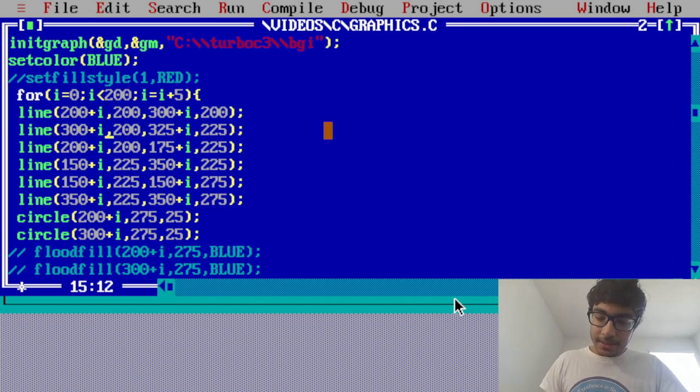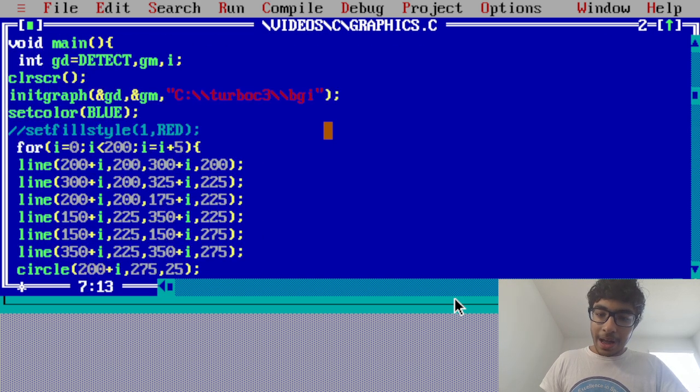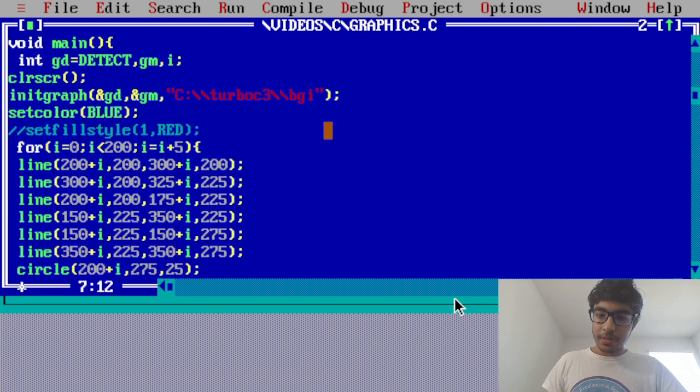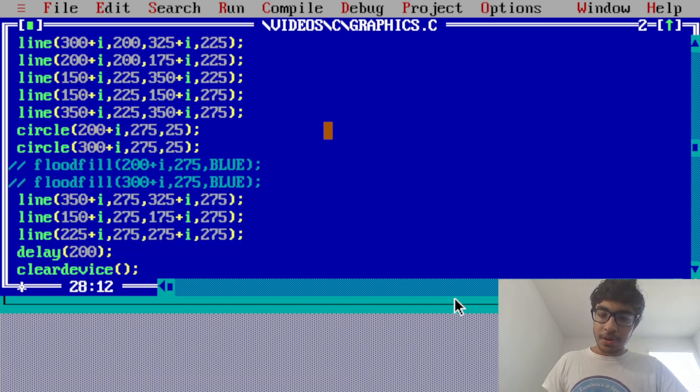Every time the function has finished, the i increases by a value of 5, so it moves 5 units to the right every time the function runs. After moving the car, there's a delay, which allows you to actually see the car on the screen. Then the device is cleared,